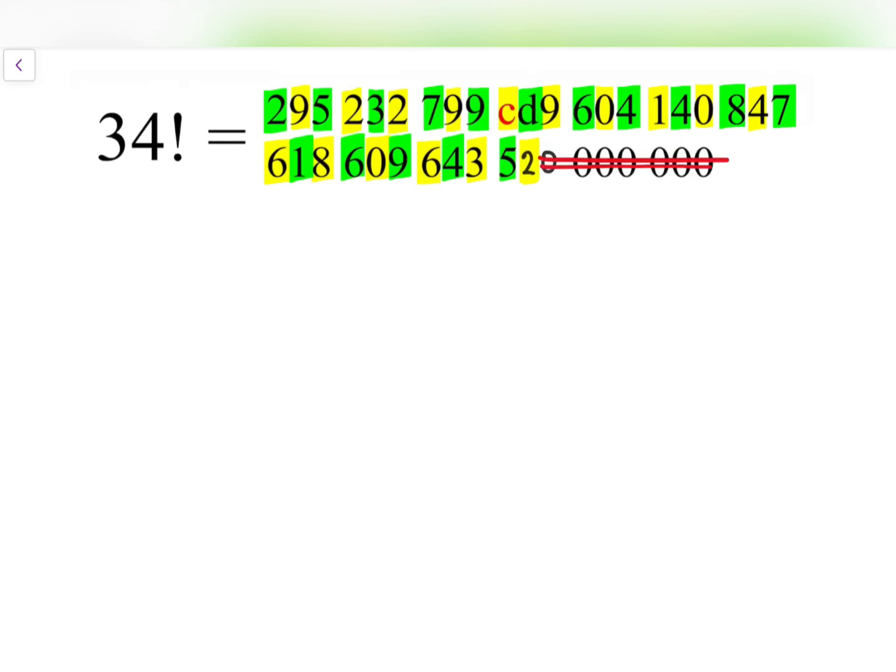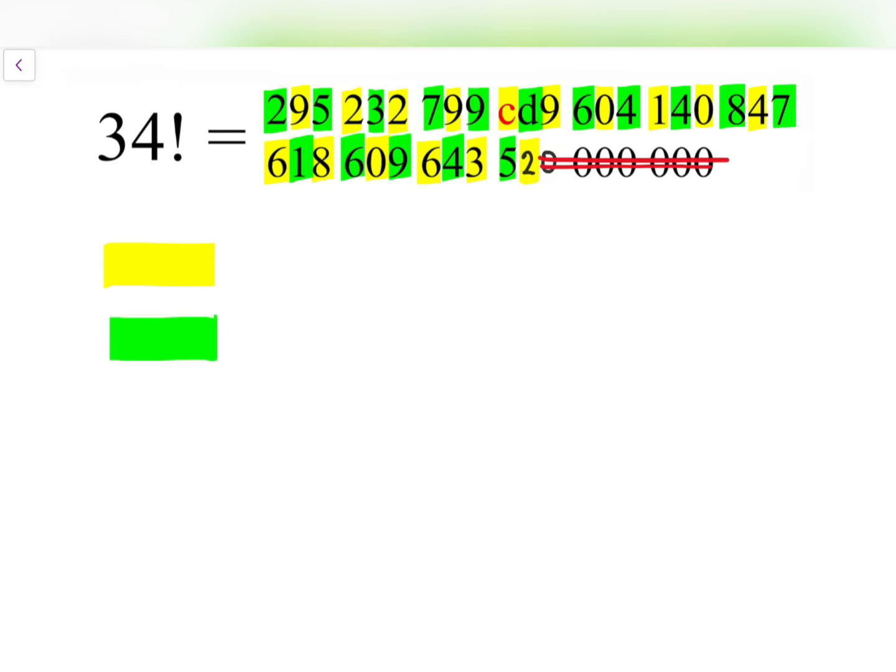To use the divisibility test of 9 and 11, we have to add the digits and to add alternate digits respectively. So I've replaced A and B by 2 and 0. I've crossed out the 7 ending zeros of this number because they do not affect our outcome, and so we can consider fewer digits. I've labeled alternate digits with yellow and green, so we're going to add them up separately. For the yellow group,